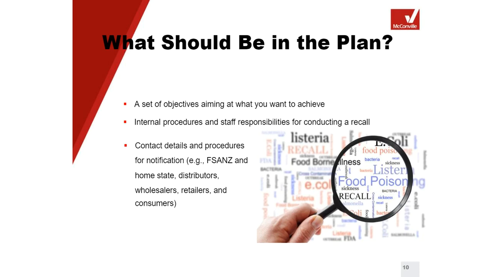So they need to have that authority to be able to do that, because you don't want to have to go back to a general manager or a CEO or someone to actually make it, because the longer it takes you to make that decision, then the more chance you have of somebody coming ill from eating that product if it has been contaminated. And those roles and responsibilities, again, they will be determined by the organisation, but you could have